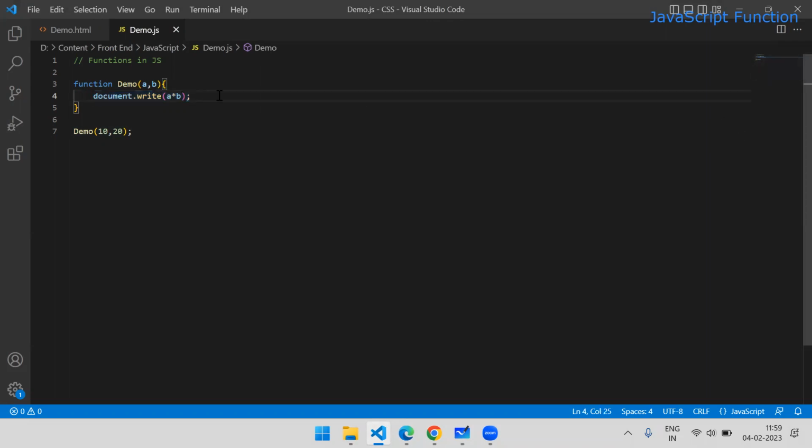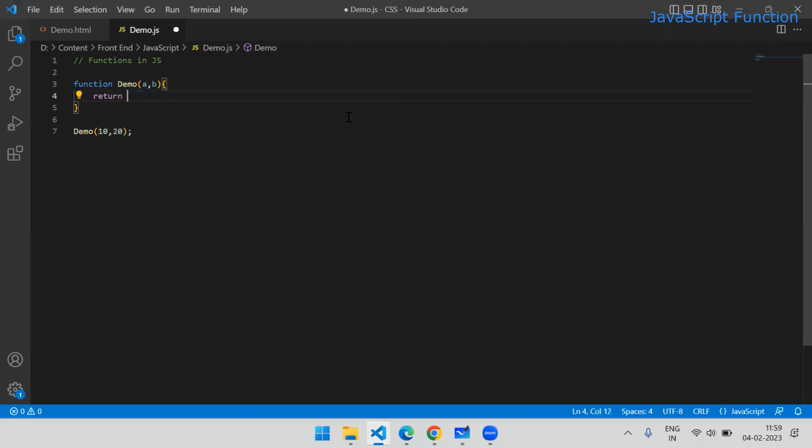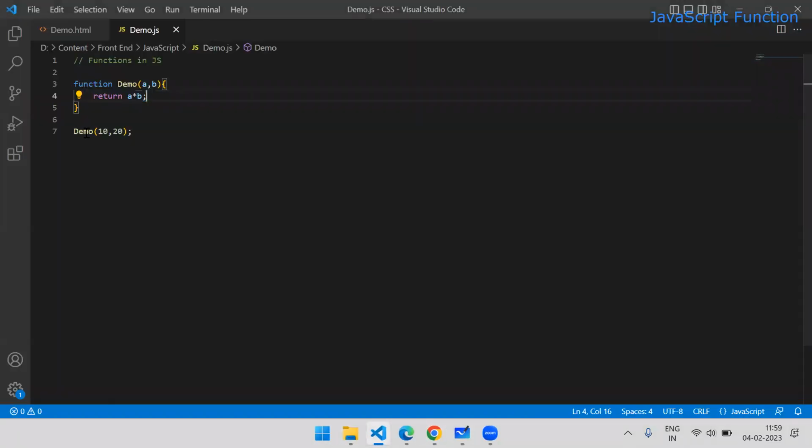If I want to return the output, yes, I can. So I will say return a * b. This will do the same operation, but instead of printing the value on the browser, it will return the value to the caller. Here, no one is calling. Meaning JavaScript is calling, but we are not using that value anywhere,